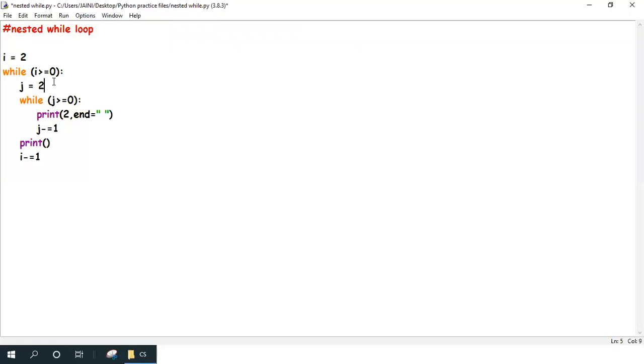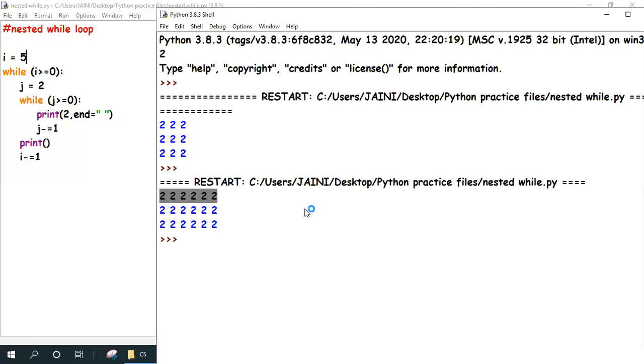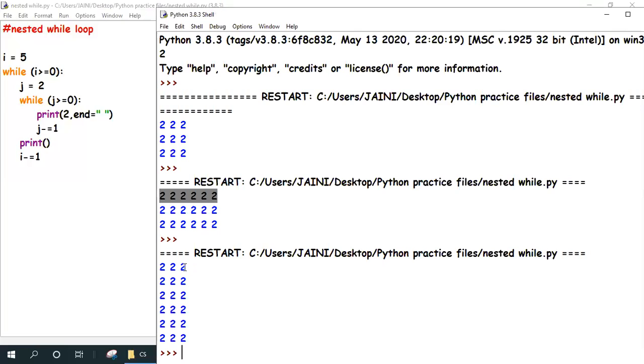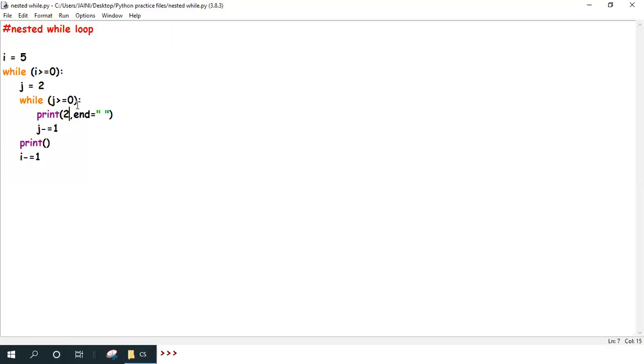Again, let's go back to 2 over here and let's change this to 5. Now the number of rows has increased. So this is basically one is a row loop, one is a column loop. Another change, let's change this to alphabet A.